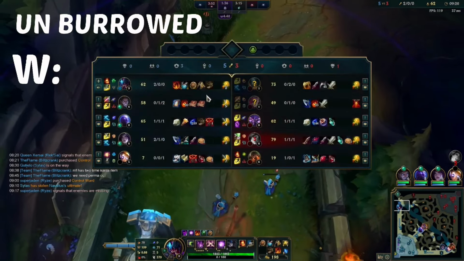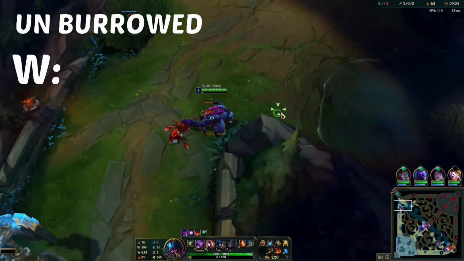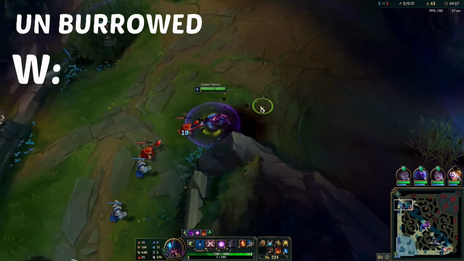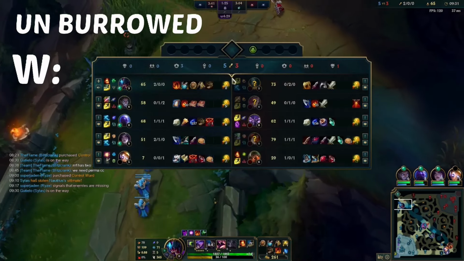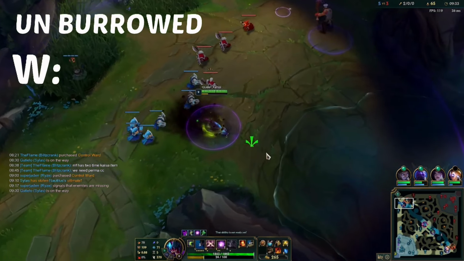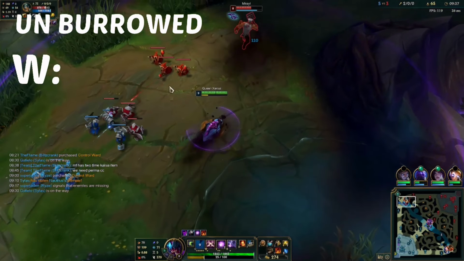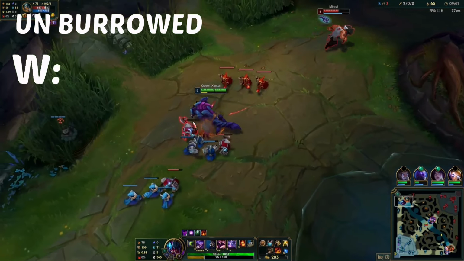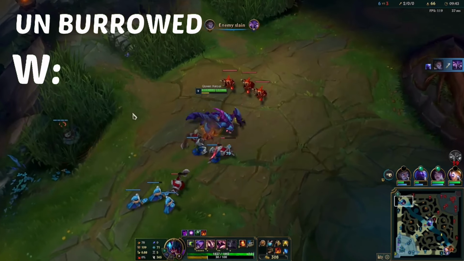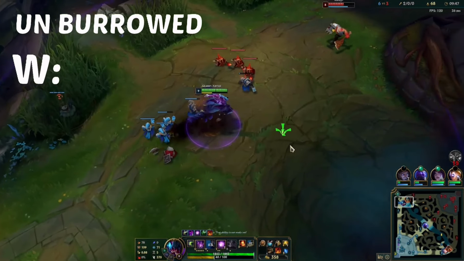You can buffer your W, the burrow, with getting CC'd. So let's say you see an Urgot coming at you and you're above ground and he's using his Z, he's coming at you, and you're like, oh, I can't stop him. You can press W right before he hits you. And so you get in the ground, and if you do that at a good time, you will be going into the ground as you get stunned,